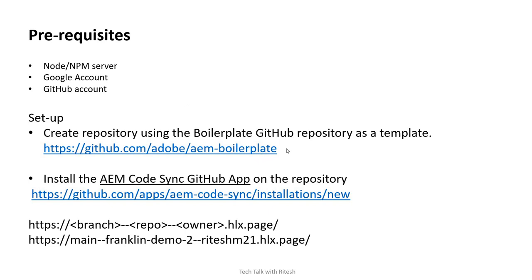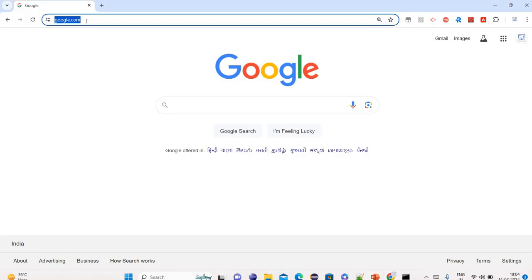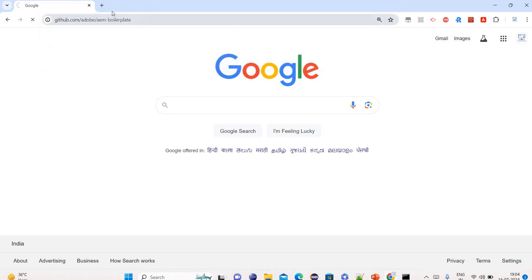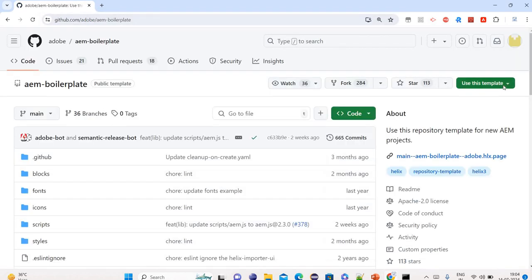Okay, let's first access this AEM boilerplate. So what I'll do, I'll just copy this and paste it. I am already logged in to my GitHub account. So click on this Use this template, Create a new repository,